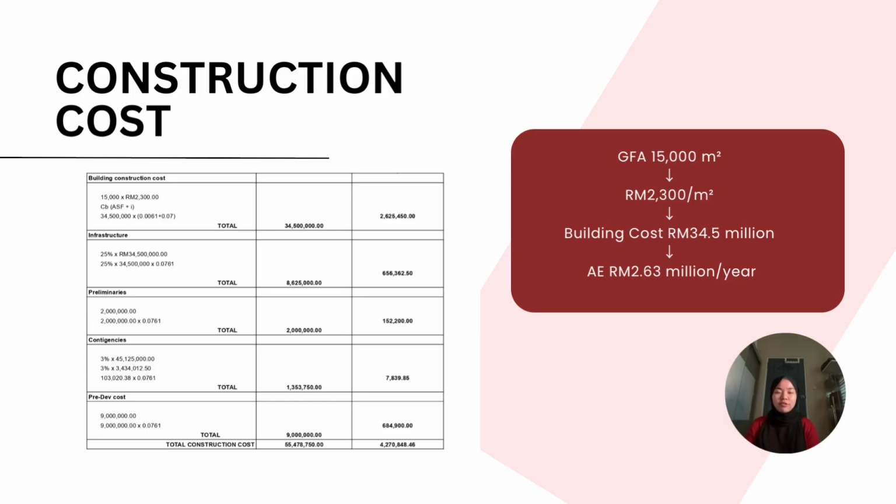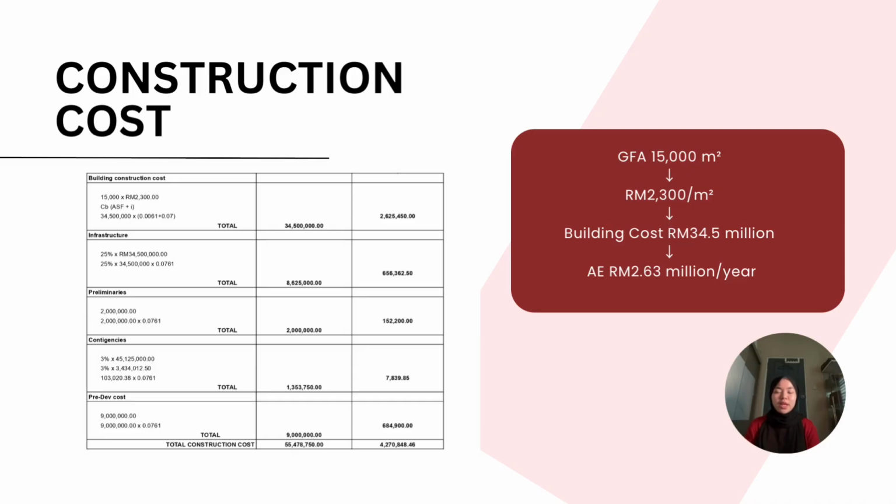This gives a cost of 8.625 million ringgit with annual equivalent cost of 656,362 ringgit and 50 cent. The preliminary costs, which include site management and temporary facilities, are estimated at 2 million ringgit, resulting in an annual equivalent cost of 152,200 ringgit. A contingency allowance of 3% is also included. This amounts to 1.354 million ringgit with annual equivalent cost of